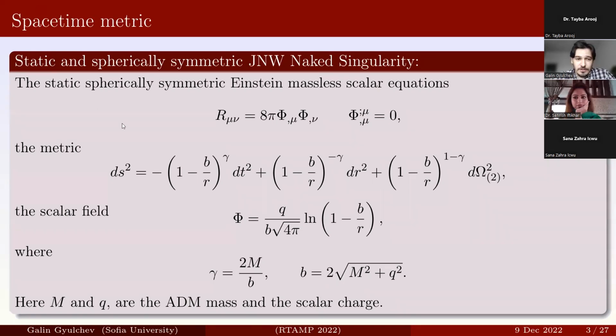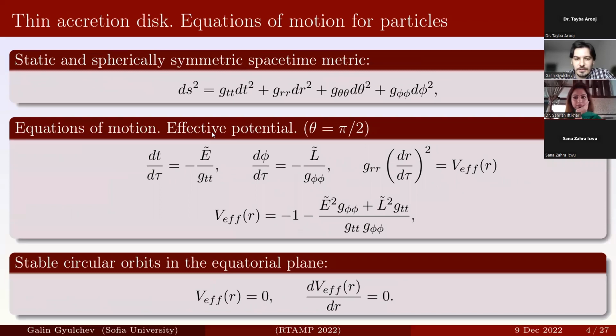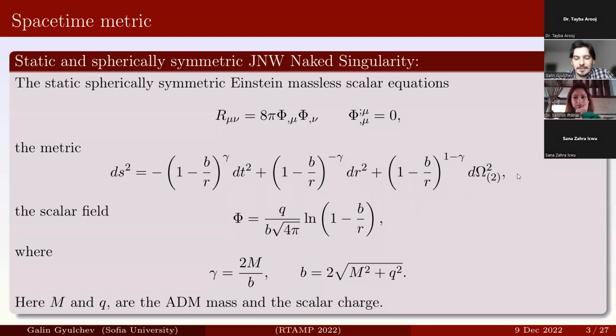So because of this, inspired by these ideas, we try to study some solution to the static and spherical symmetric equations of gravity, if we assume that there exists a scalar field, but a little more simple situation when the scalar field is massless. If we take into account this information, we obtain these gravitational equations, which give us the next solution. So we obtain a standard spherical symmetric metric for one element with these metric parameters here,